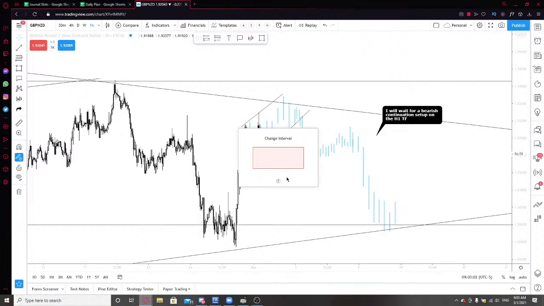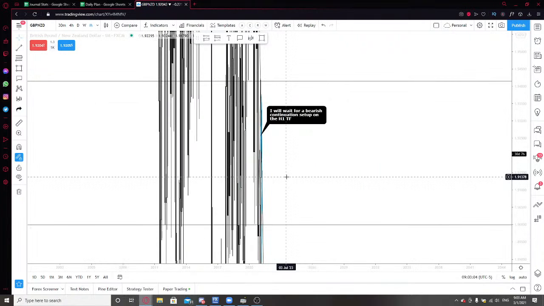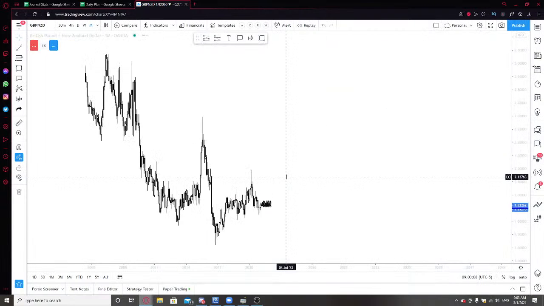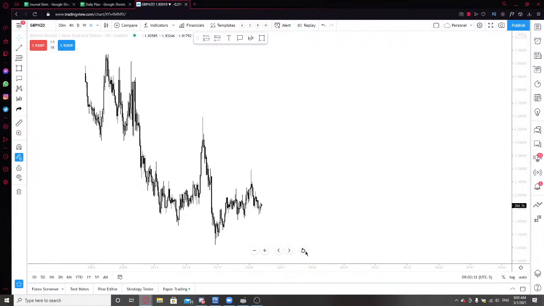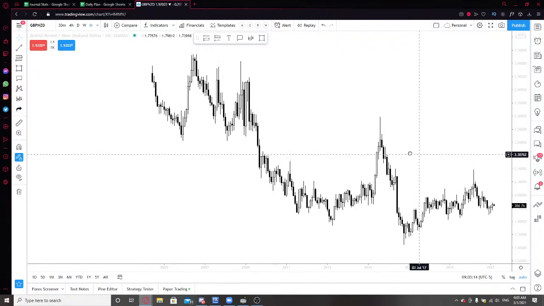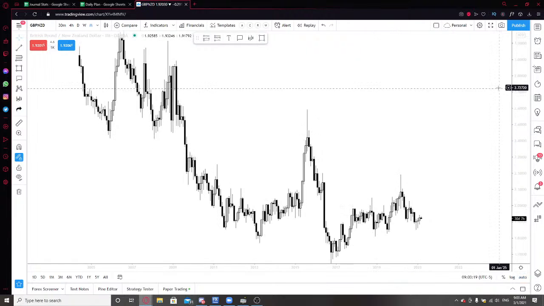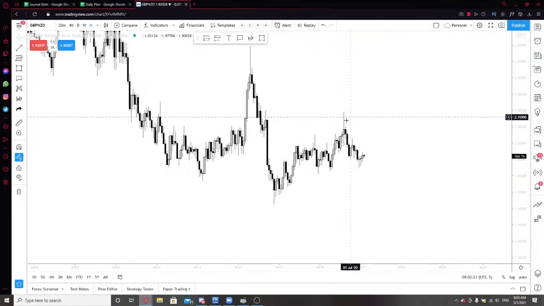All right, and I'll quickly mark this one up. I won't spend too much time on pound kiwi. There's not much that I'm looking for in this pair right now. Later through this week, as things start to develop, I'm sure there will be an opportunity, and I'll